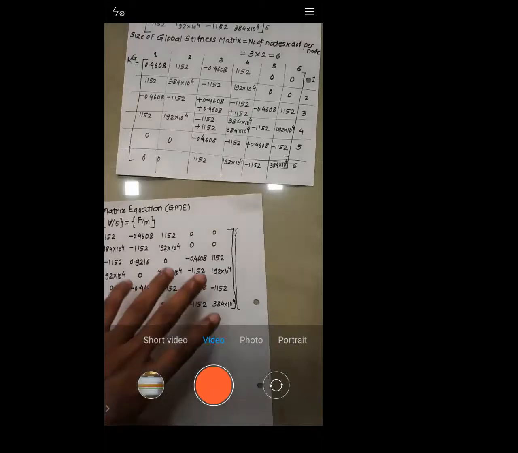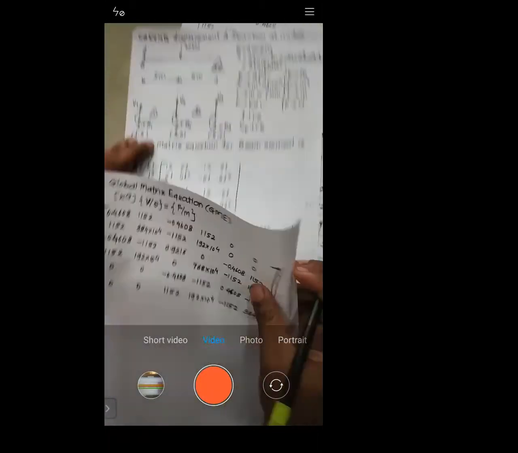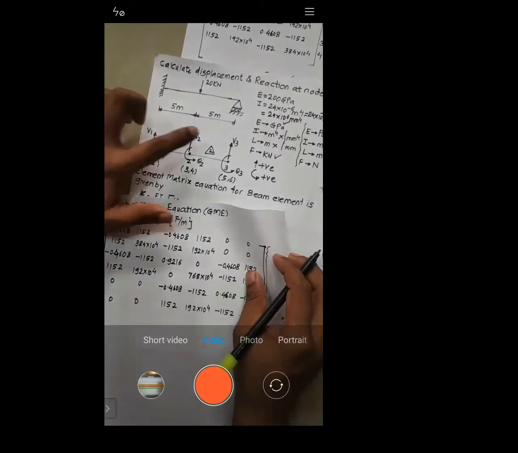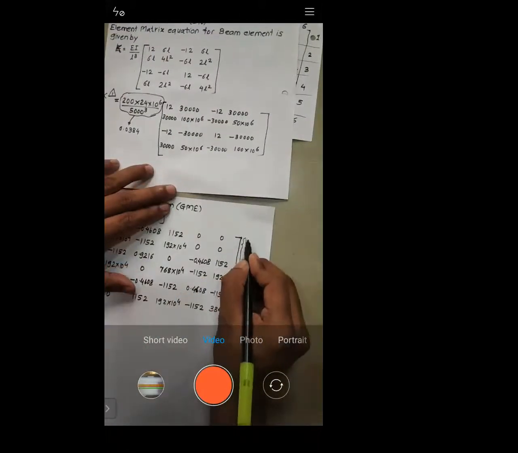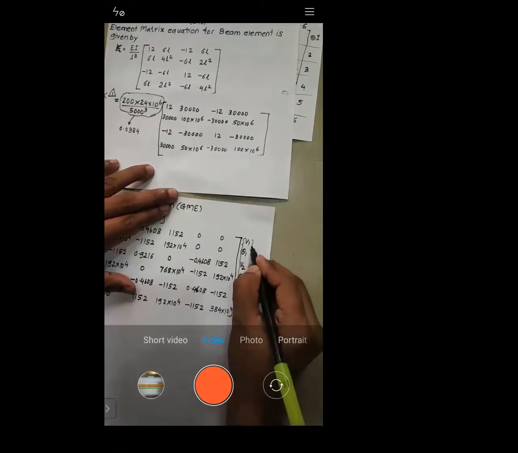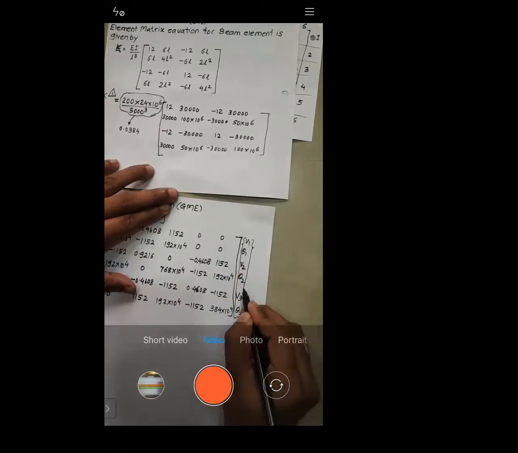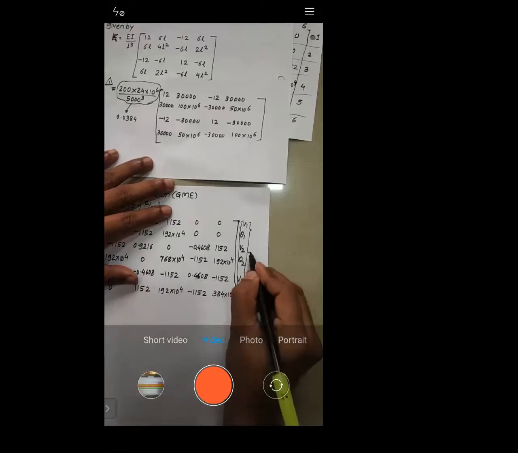This is your global stiffness matrix. This is to be multiplied by what? Displacements. Now what displacements do you have? You have V1, theta 1, V2, theta 2, V3, theta 3, right? So I'll write down those. These are the displacements, is equal to,